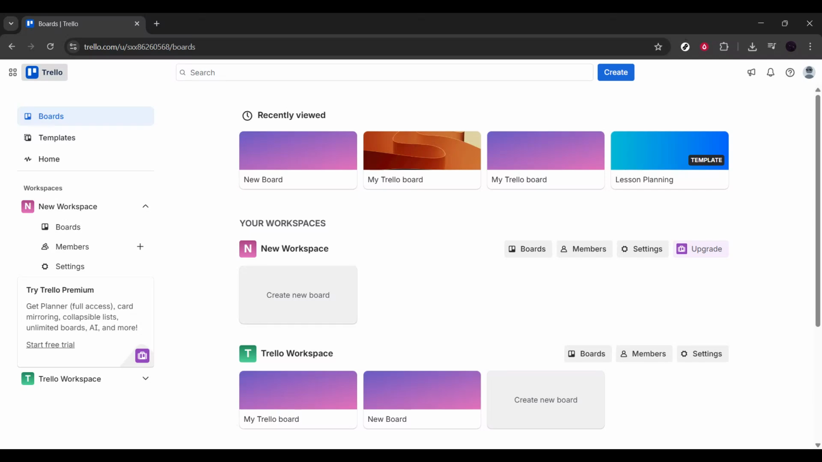In today's video, I'm going to show you exactly how to invite a member to a Trello board step by step. Whether you're collaborating with a team, working with clients, or organizing a project with friends, adding the right people to your Trello board is essential for smooth teamwork. I'll walk you through the entire process from start to finish so you can confidently share your board in just